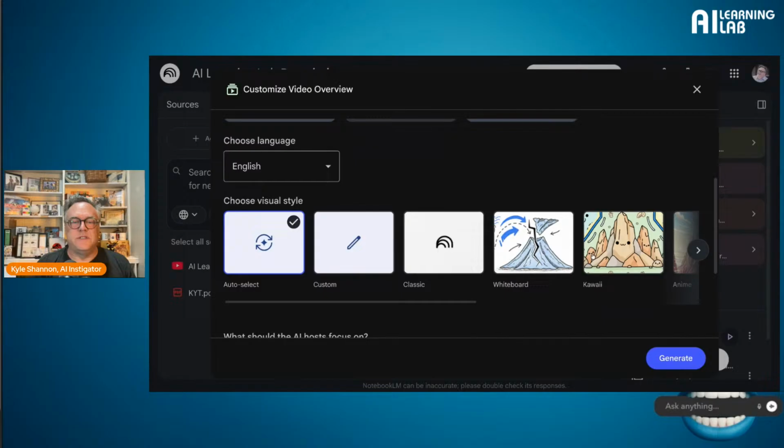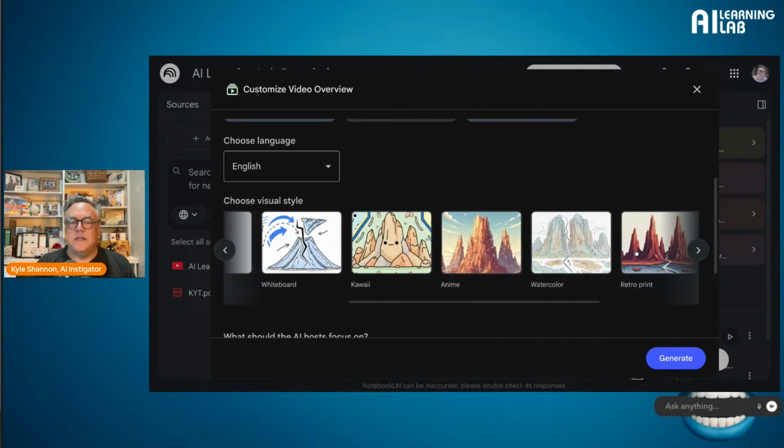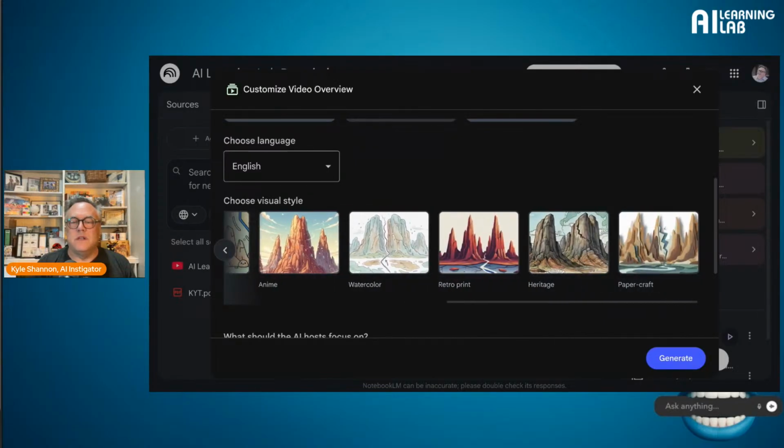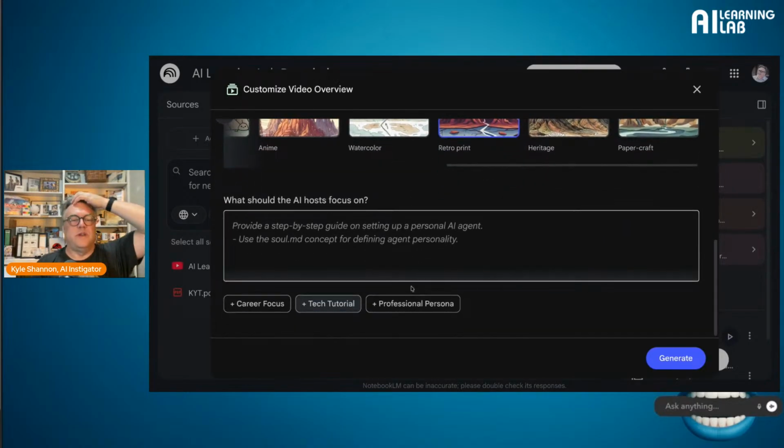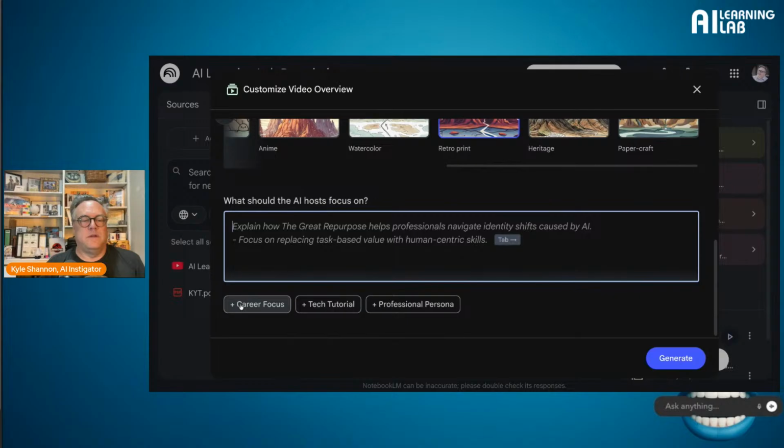Choose the visual style. Classic, custom, anime, watercolor, heritage, papercraft, retro print. We'll go retro print. Career focus, professional persona. All right, let's say